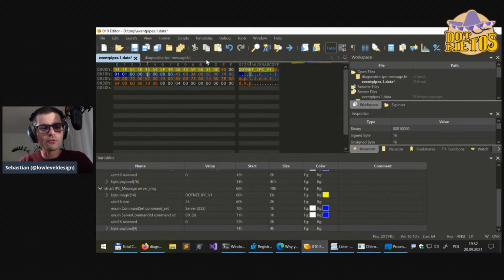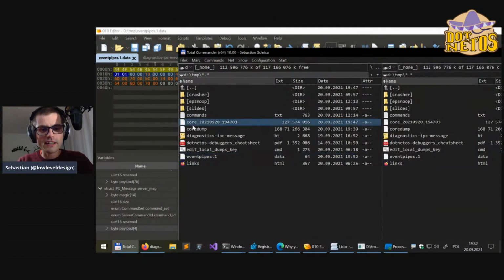So instead of 2.20, we will have 10, so 16. Those are the 16 characters. So that's our payload that we can now send. And to send it, we will use PowerShell, because PowerShell can create the